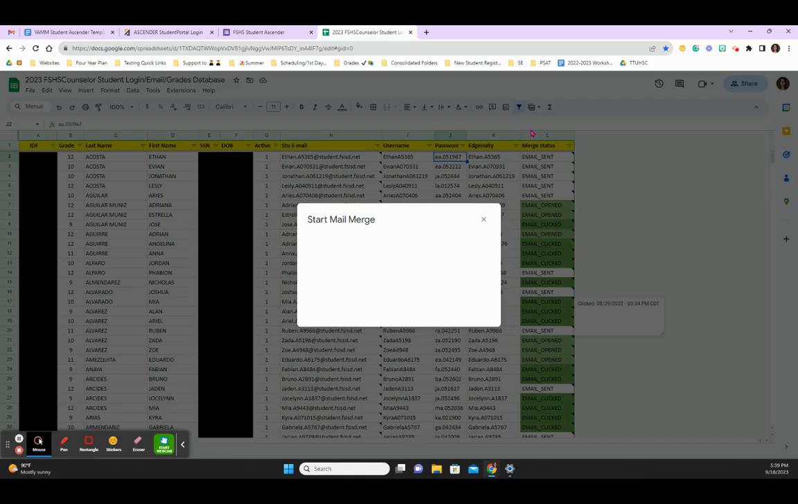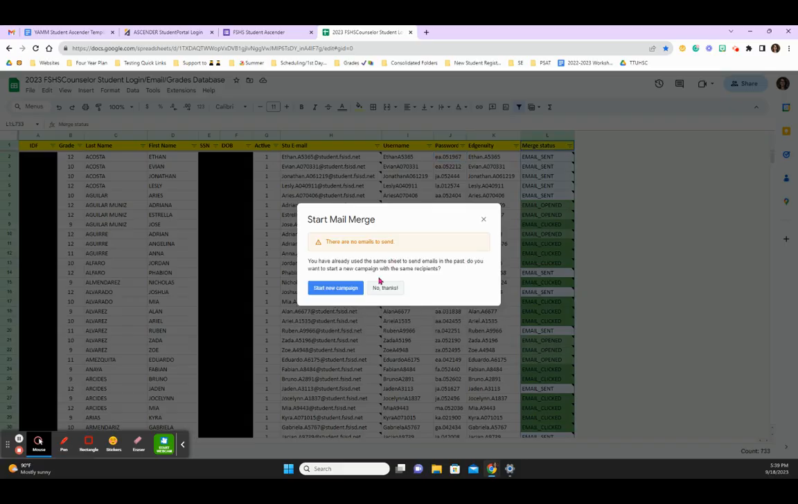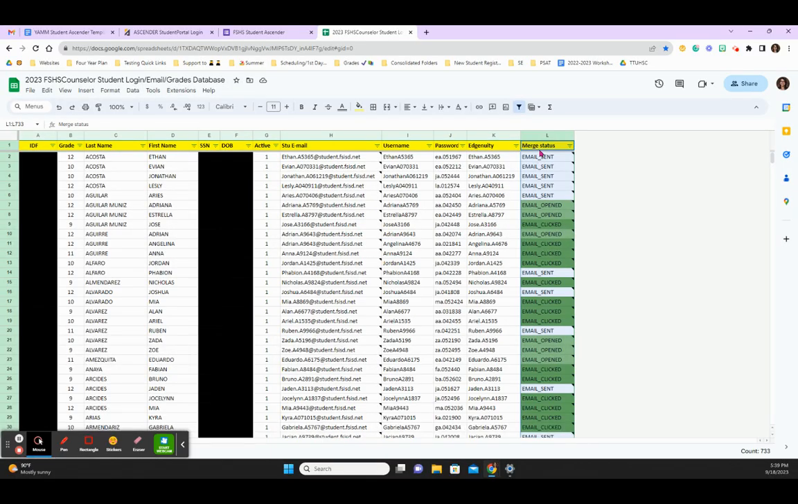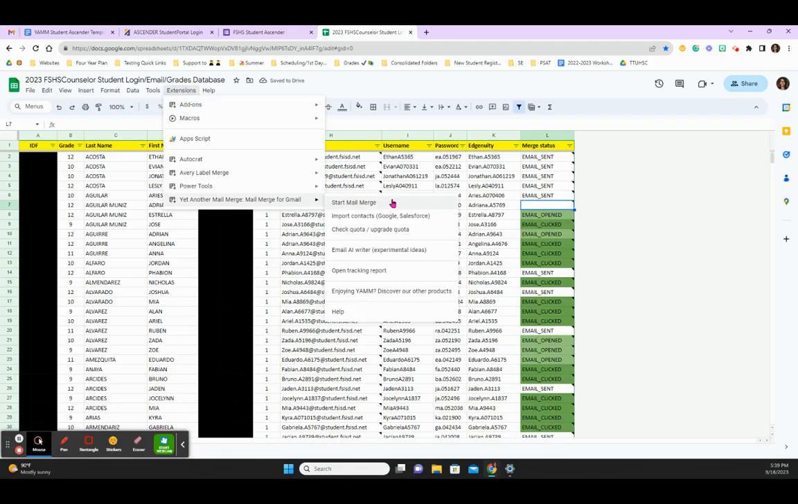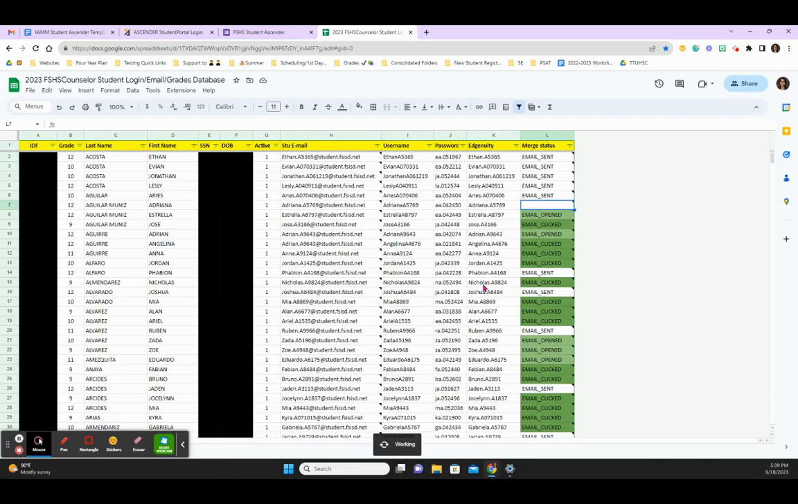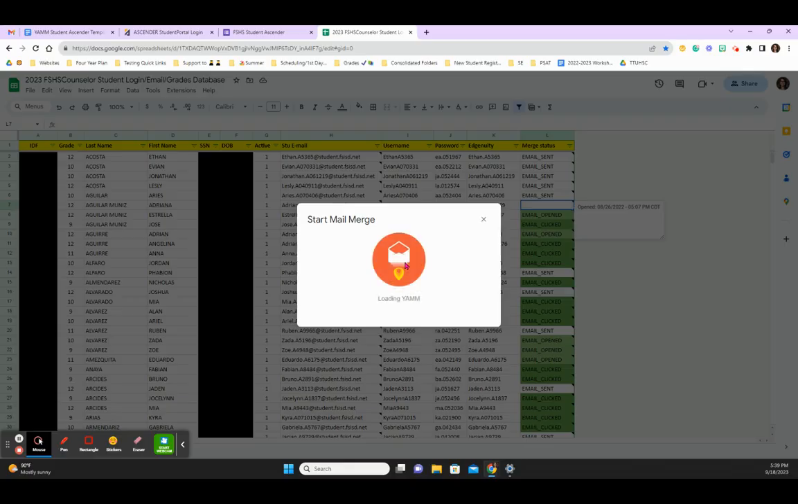This one was sent out last year. That's why you see that merge status. Right here, there are no emails to send. If I were to need to resend it to one of the students, this is also neat. Whenever you send it out to the students and they say they accidentally deleted it, you can actually just delete one row and then use the extension and send it out to that one. This sheet already has it to where it was sent to all the students. So right now I just deleted one and I can send it out to that one student so that I can show you